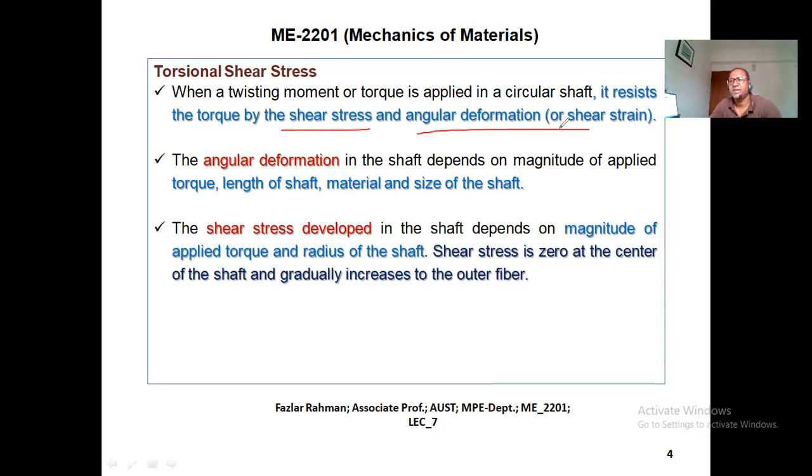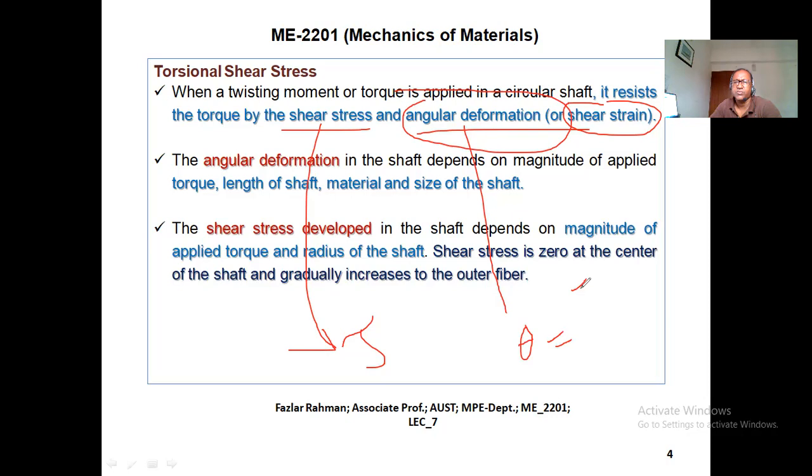Angular deformation, which has another name, is called shear strain. So what do we need? We need to figure out a formula to find this shear stress tau, and also a formula for angular deformation. If angular deformation is theta, we need to figure out this value of theta. So this theta equals